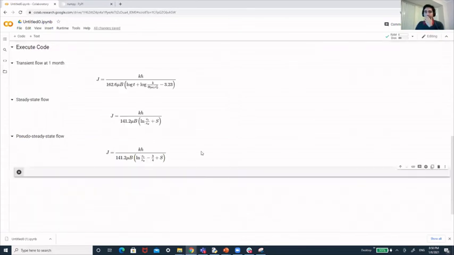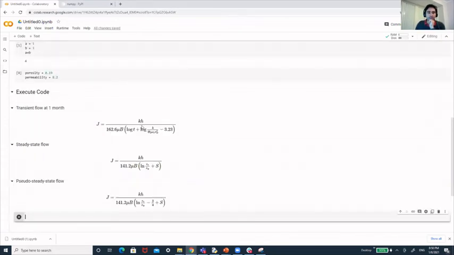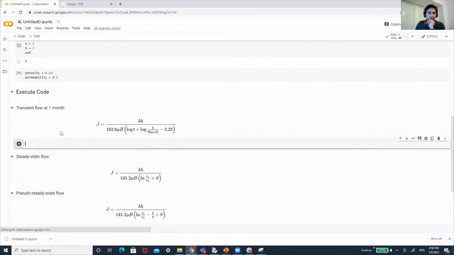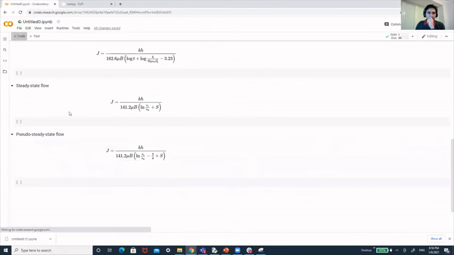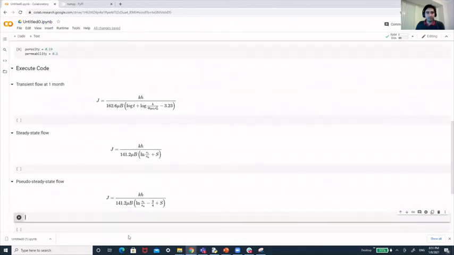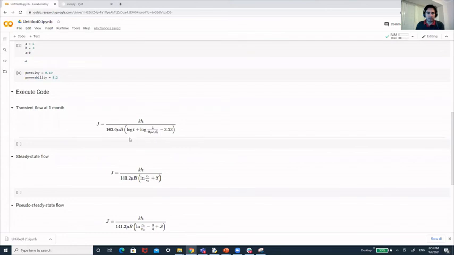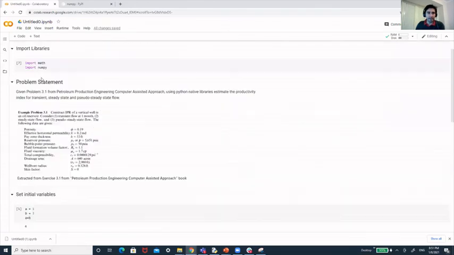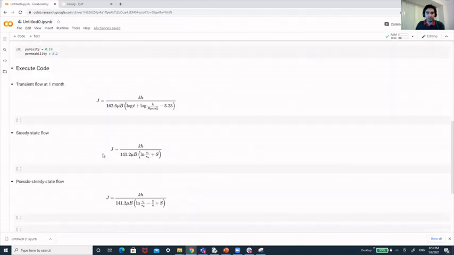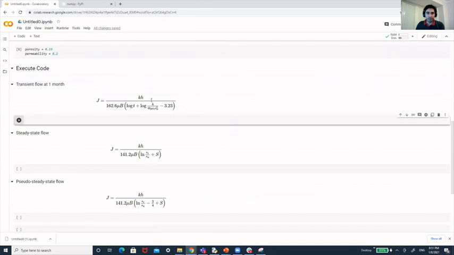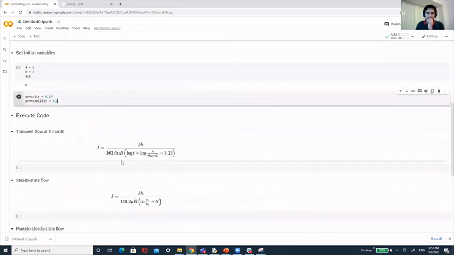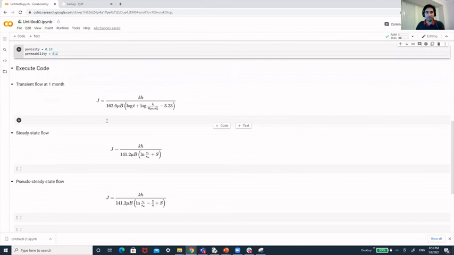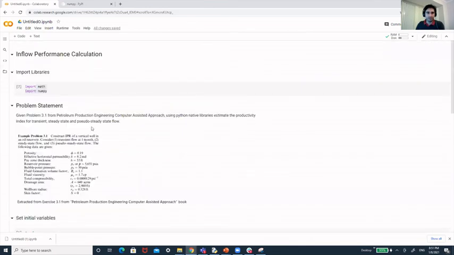There we go. So as we have this line, we want to add a line here to execute that piece of code. Very simple: I could use the math library that I imported at the beginning, do the operation and return the result. If I set up all my variables, porosity, permeability, and so on, I can execute this code. So I'm going to send you this exercise for you to finish.